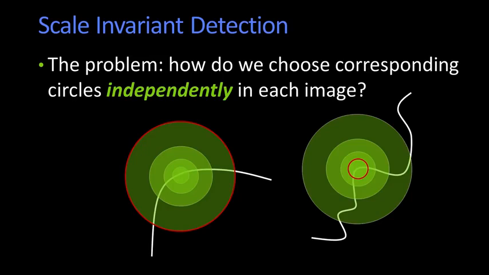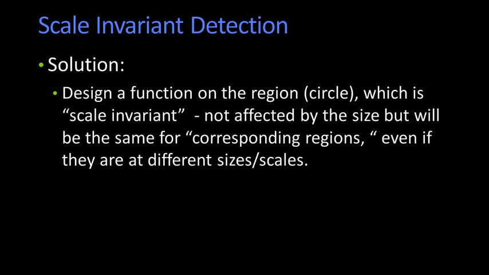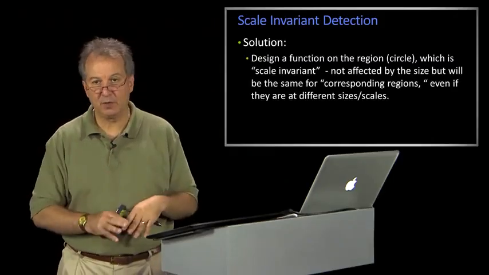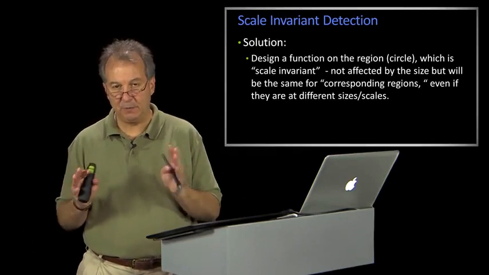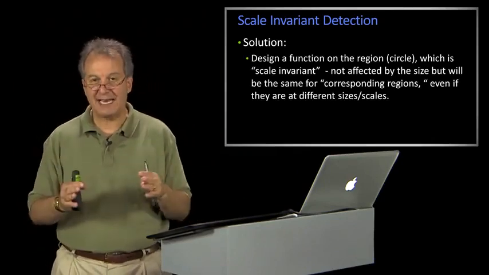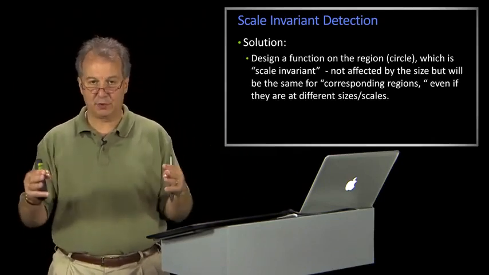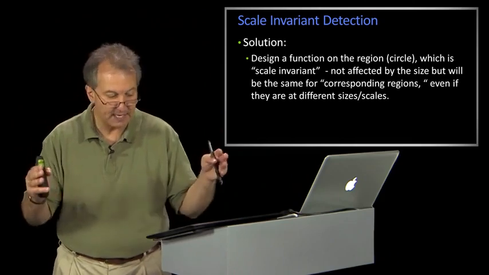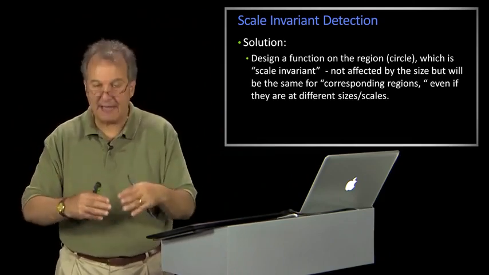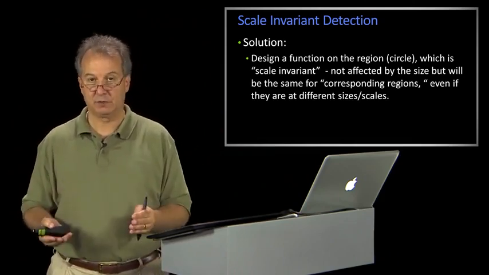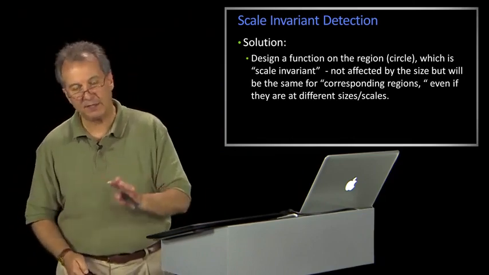So how might we do that? Well, here's a solution, and graphically it'll be a little bit easier to see. What we're going to do is design some function, and it's going to be a function over that circle, and this is a little bit tricky. We're going to call it scale invariant. And what we mean by that is the function doesn't actually care how big the circle is. It just cares about, say, the distribution of the values of the pixels within that circle. So a simple example, not one that we're going to use, but it's